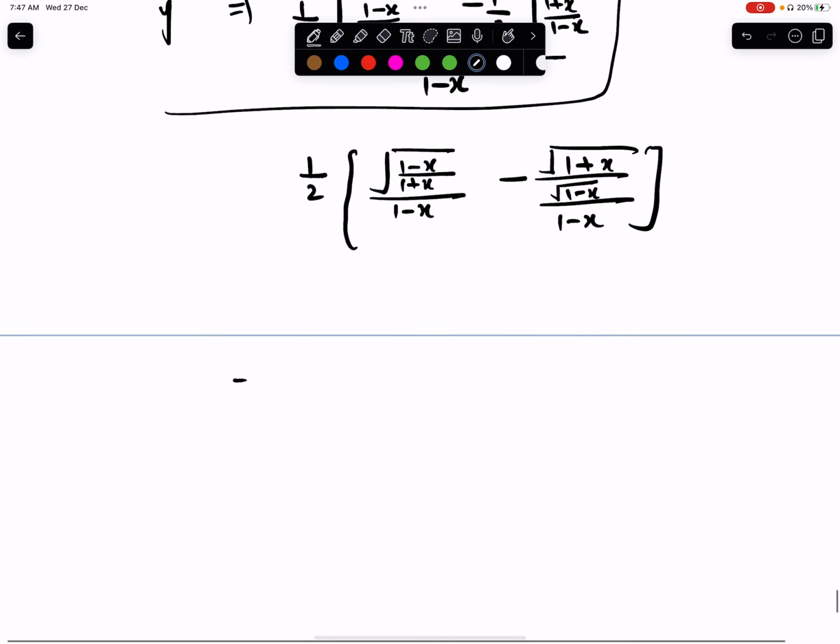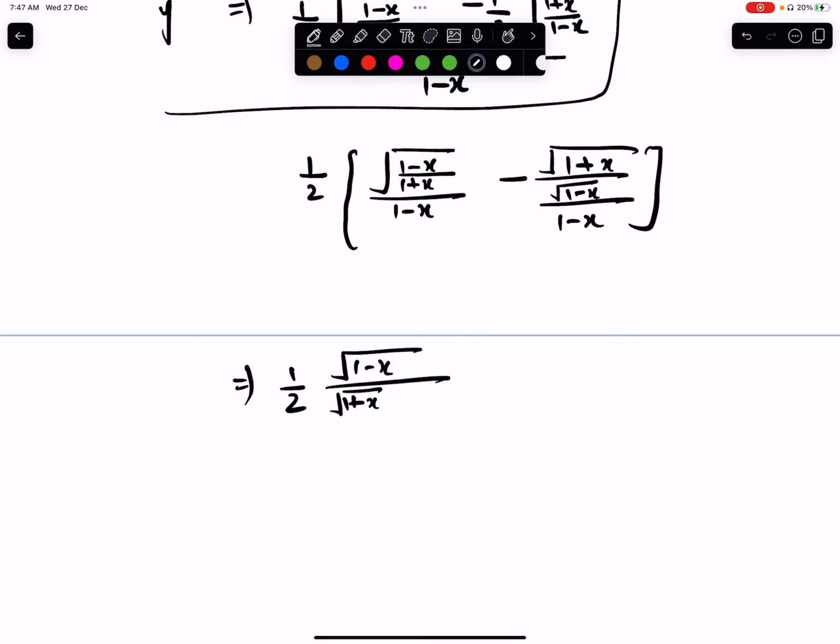So that will be equal to 1 by 2 under root 1 minus x by 1 plus x into 1 minus x